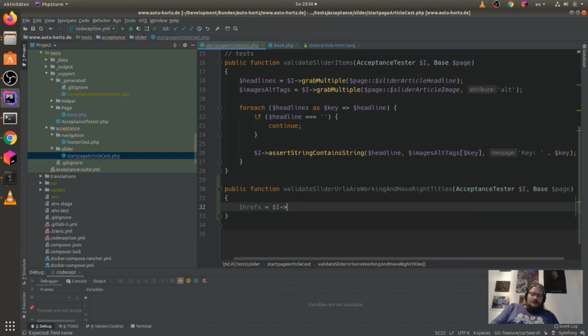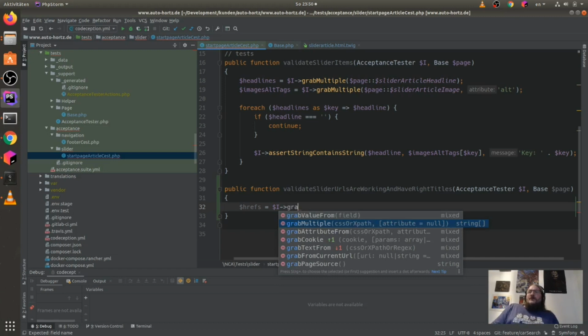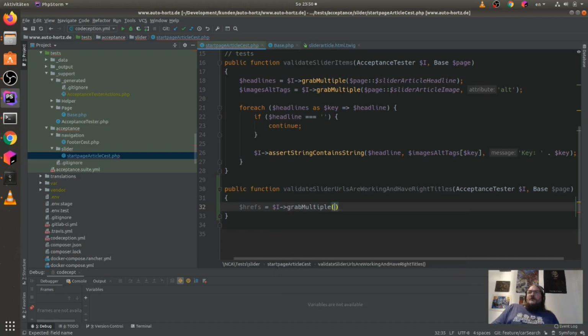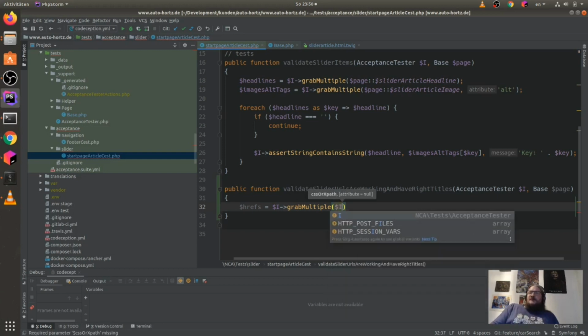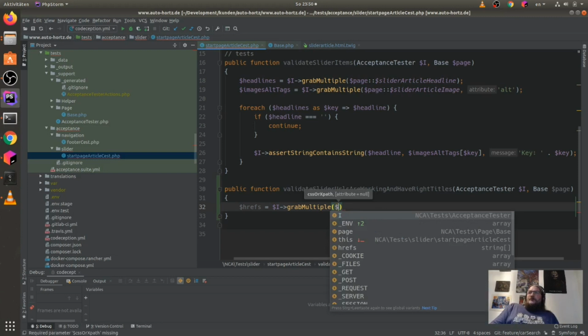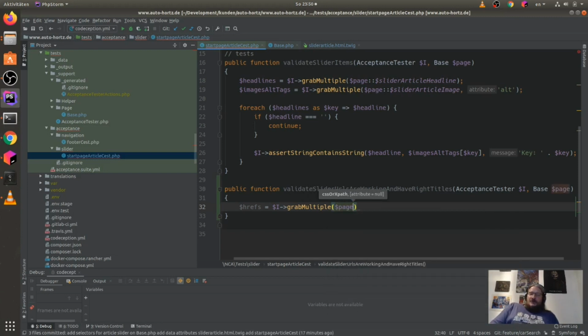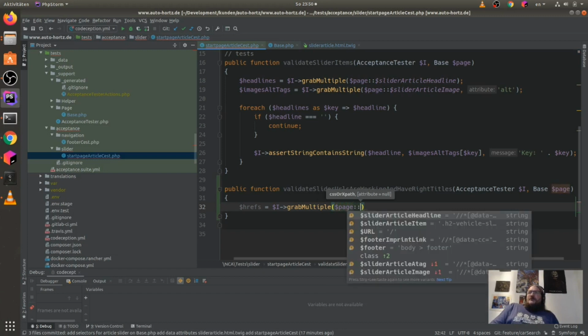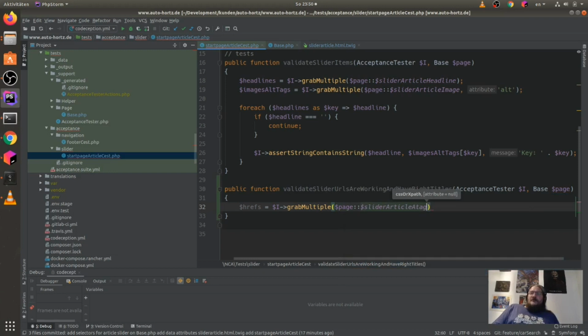And I have to grab now $I grab multiple $page, double point, and we have this A tag here, and from this A tag we want to get the href.